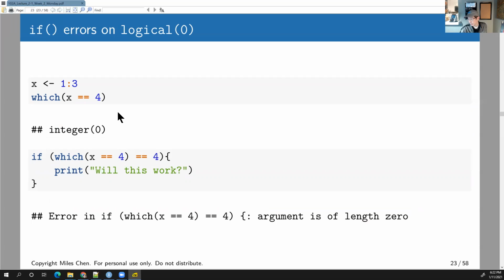Here you get another error. I've got x is the vector 1, 2, 3, and I'm going to ask which value in x is equal to 4. So I've got which x equal 4. None of the values in x are equal to 4, so the result is integer length 0, a length 0 integer vector. There's no value here. So if I try to plug this into here,